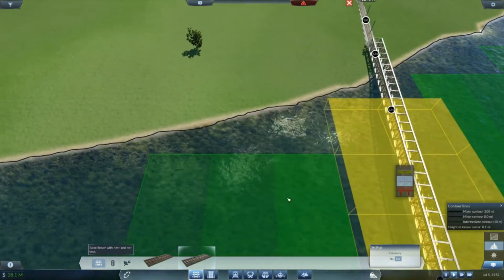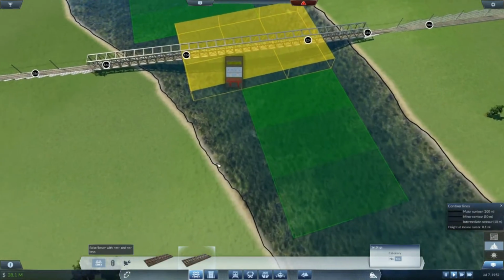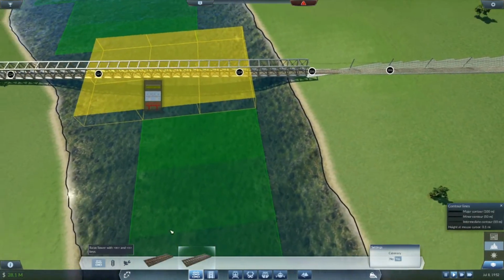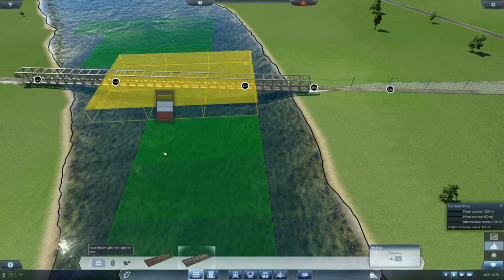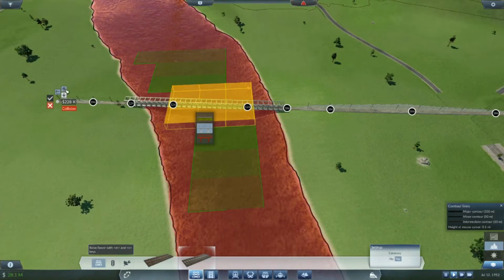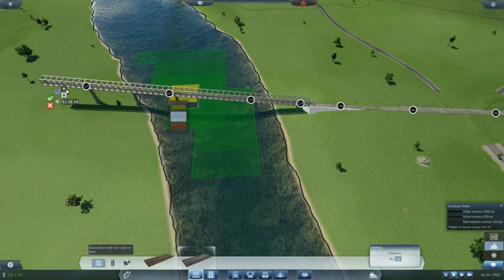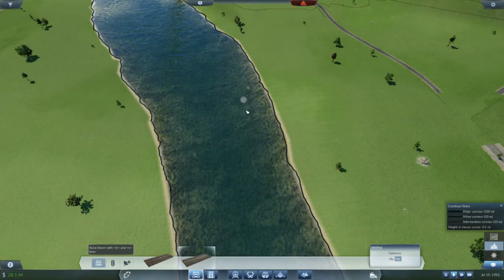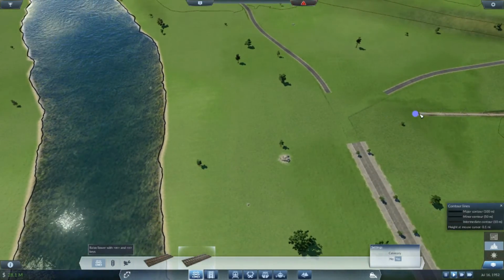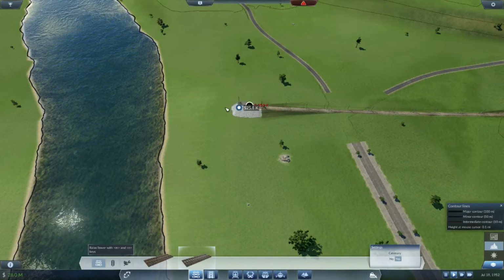Okay, so here's the thing. Okay, there we go. I want to run boats through the canal here, so if I can figure out how to do this, I'm going to raise this up a little bit. Hold on. Let's see if we go there and then...